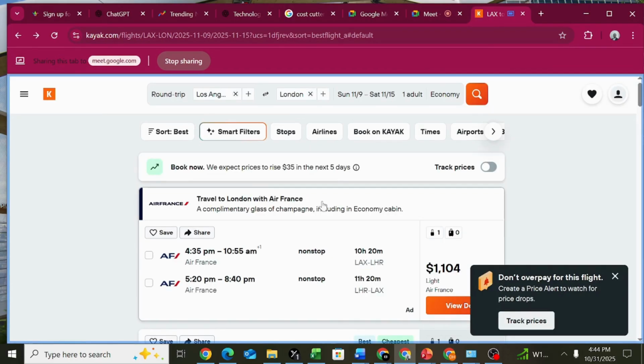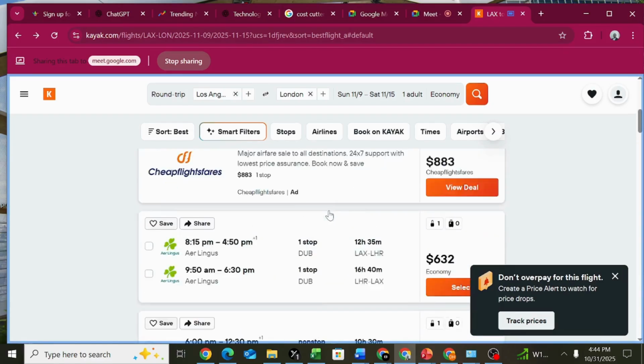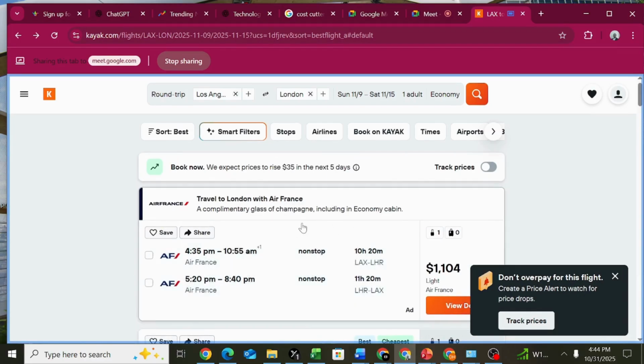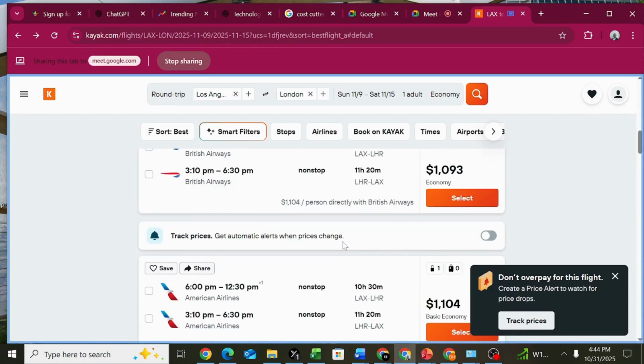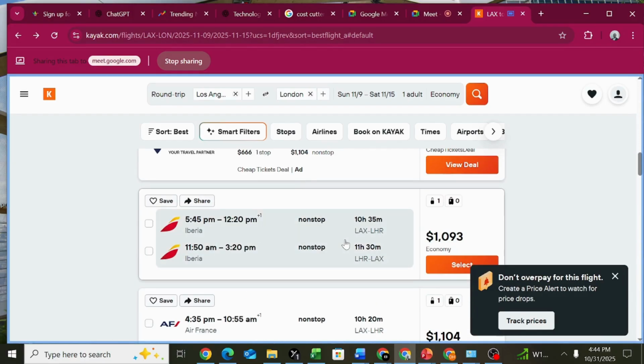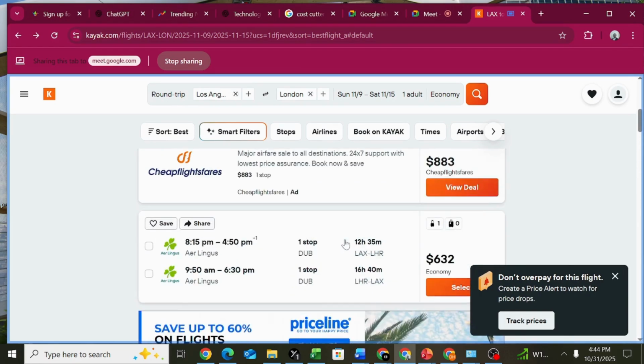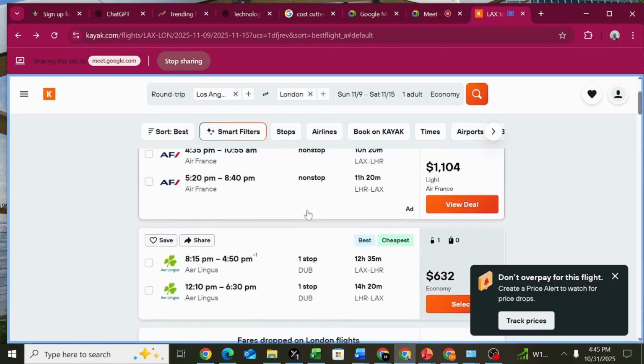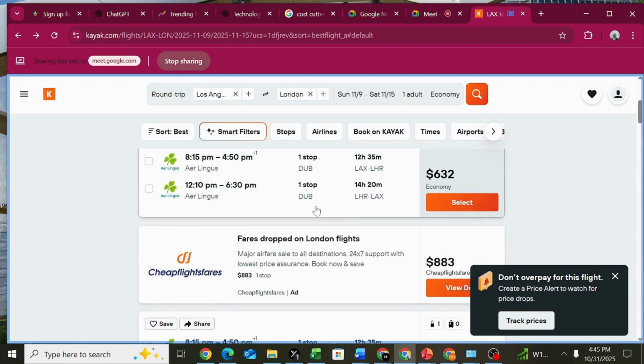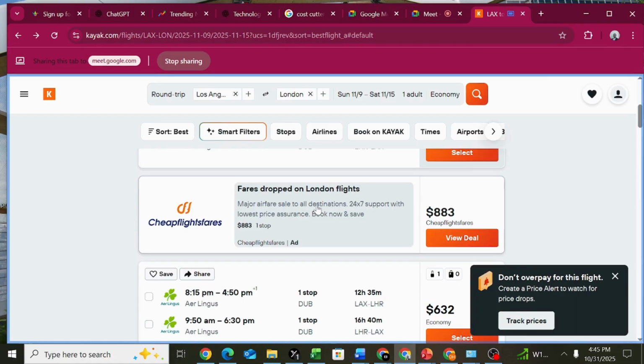So I was saying that when you do your search, they will give you the deals that they've come across. So for example, if your client wants something cheap, they can get a cheap flight for as little as $632.